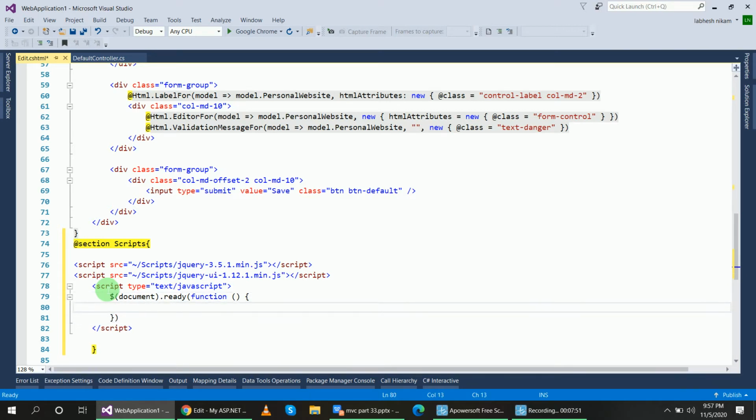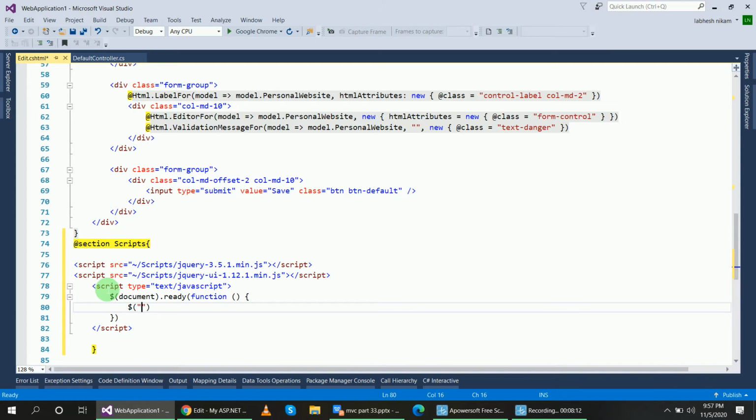Inside it I will add this text box id. If you don't want to add the text box id, then you can use the datepicker class. I have added the datepicker class in the calendar text box.